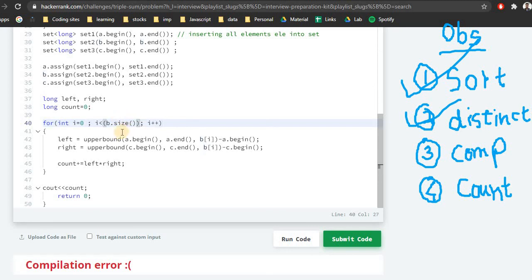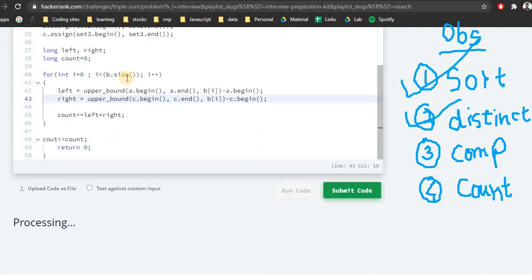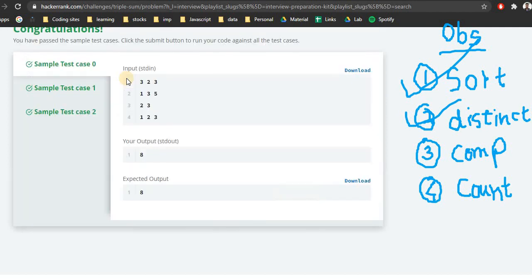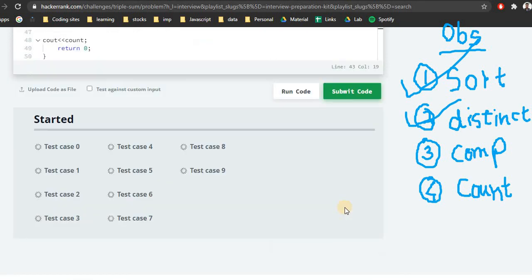So let me try with brackets, and we misspelled upper bound. The way of using upper bound in C++ is upper underscore bound. So let's check if it works or not. If not, we'll separately calculate b dot size and then assign it to i. Yes, it works. So let's check for all the conditions, the hidden conditions.